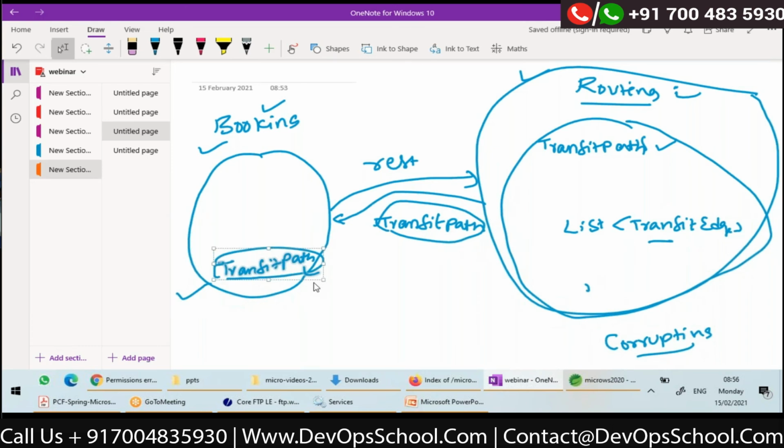Avoid sharing as much. So see here, don't use this transit path when you're writing business logic, right? So in booking module, what we have decided is we'll have a separate class called itinerary, and one itinerary has a list of legs.